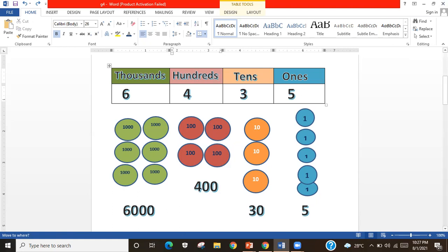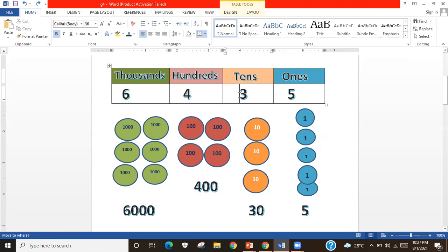Now I will repeat. If you have one digit, it means 5 times ones you have counted. 5 times 1 equals 5. Then if you have two digits, that is 5 times 1 and the second is tens.